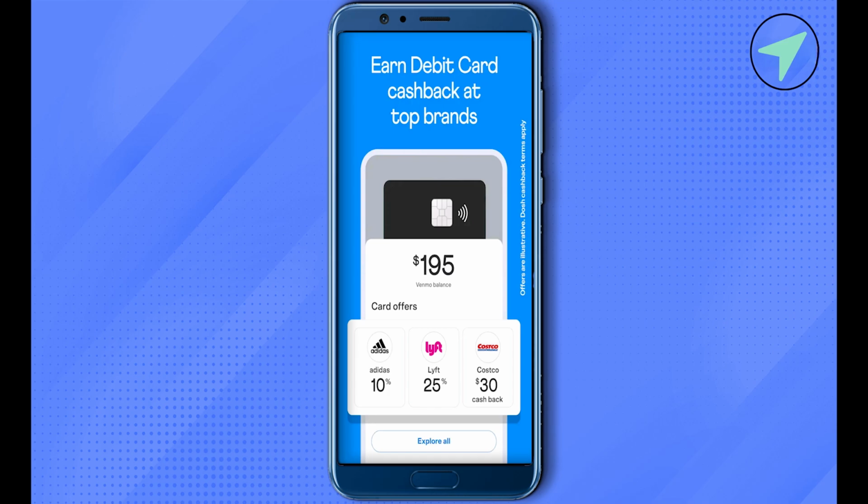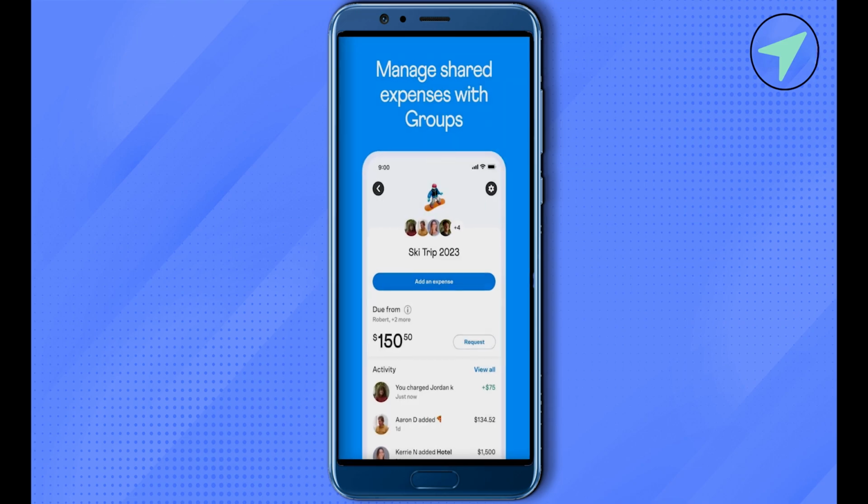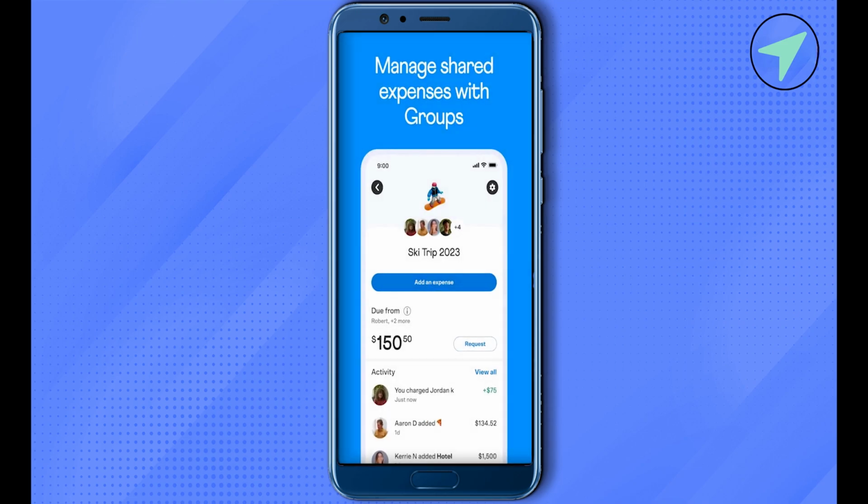Then at the top, you will be able to find a search bar. Simply search for any particular person that you want to find, and you can use their username, their phone, their email. Just search for that particular person, and after that, tap on their profile, and right after that you can